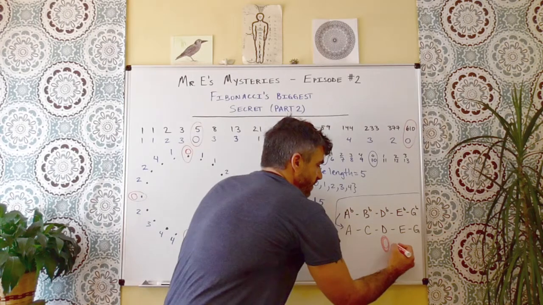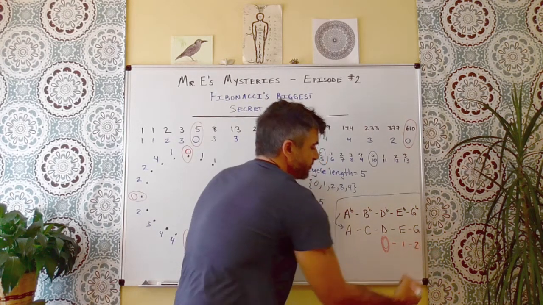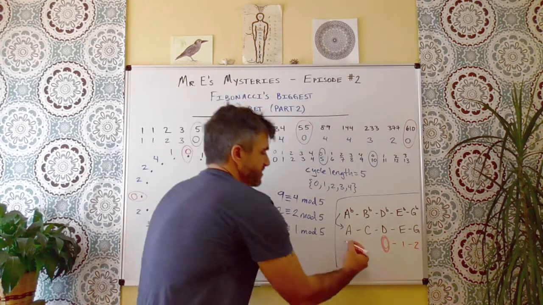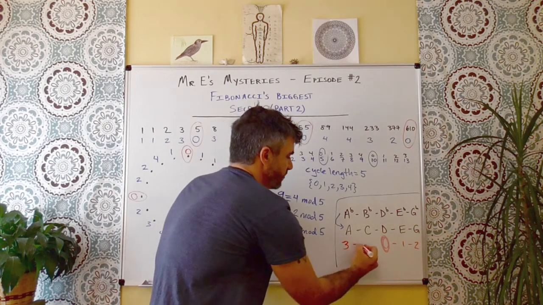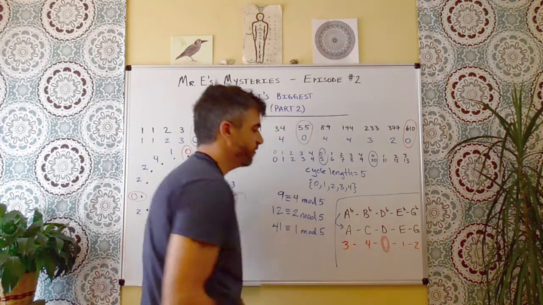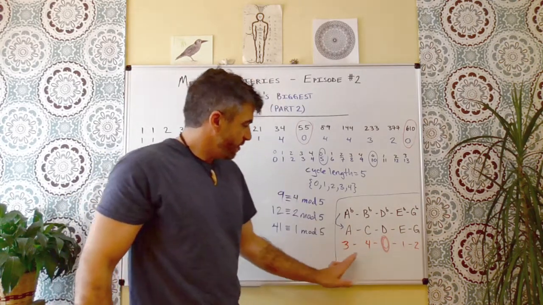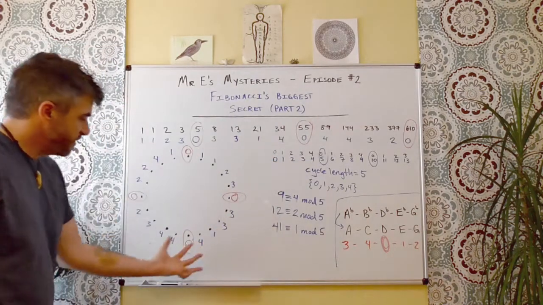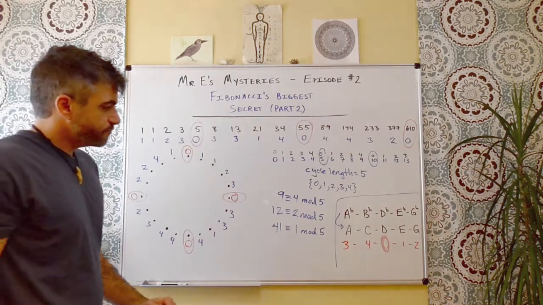I then said E was note 1, G was note 2, and over here I've got A as being note 3, which is seen as negative 2. We'll write that in a moment. And C is note 4, and I'm back to the 0. So 0, 1, 2, 3, 4 is exactly the cycle that I have. It is exactly the numbers that I have in the Fibonacci sequence reduction.